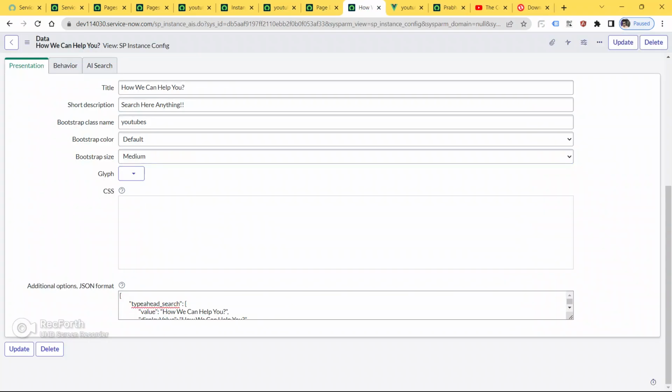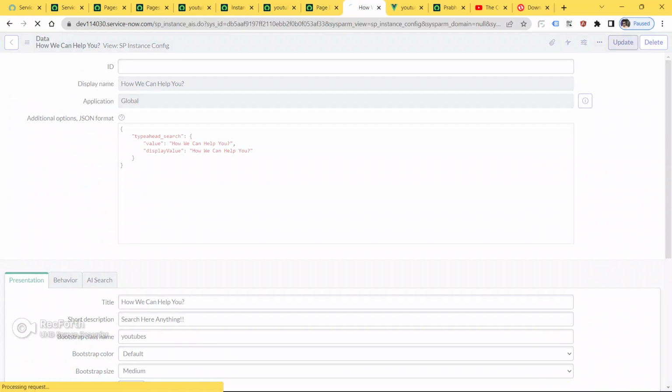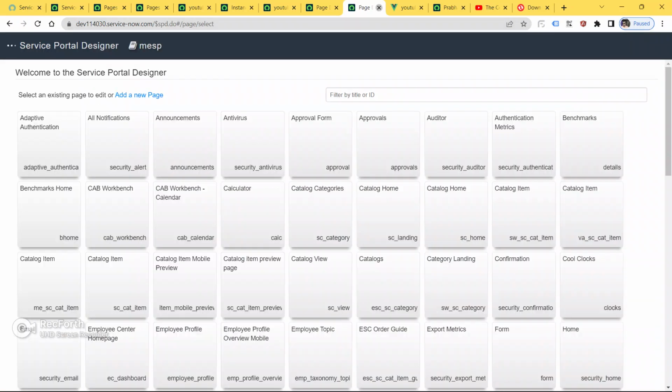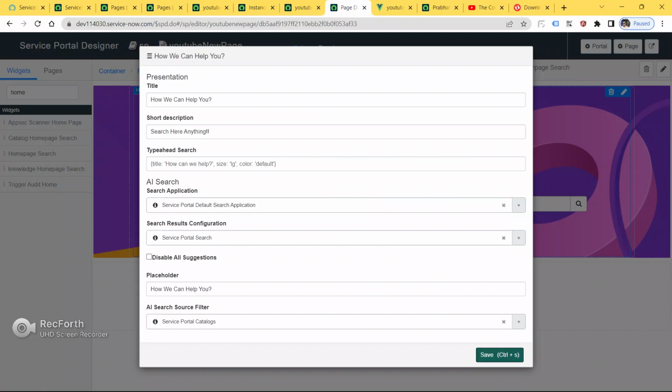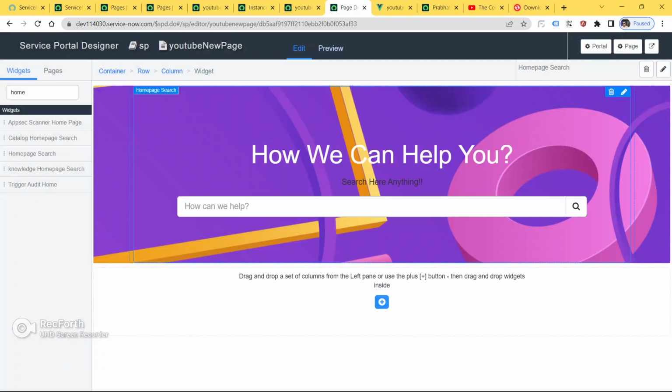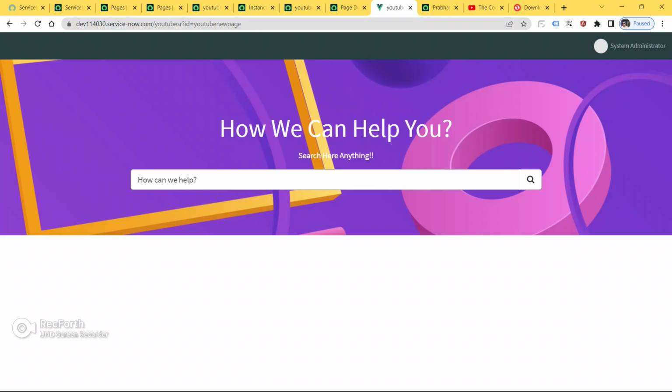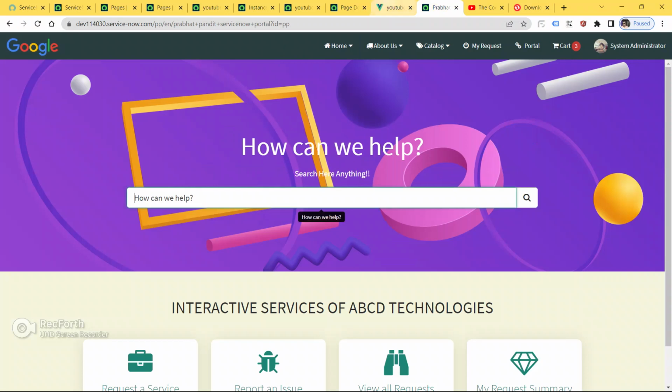So cut this out also, and go here and update. Now cut this page also, save this page now. Now refresh the page. This is our page, how we can help, and this is our example page.